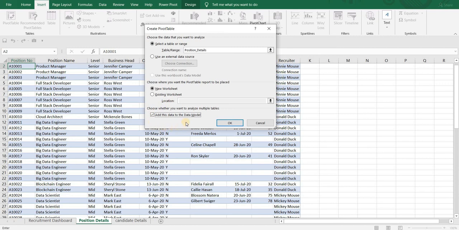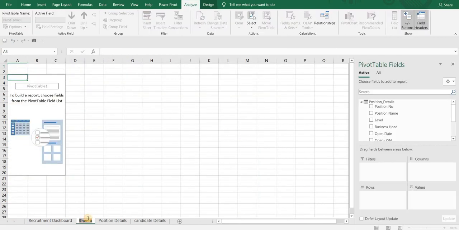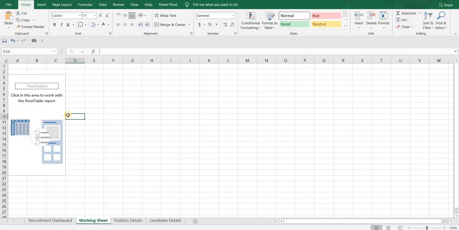Remember, this is required to create an interactive dashboard. That is, all our values will change once we select position or level or recruiter name. Click on OK. Now let's take a count of position name. So let me drag it to values.